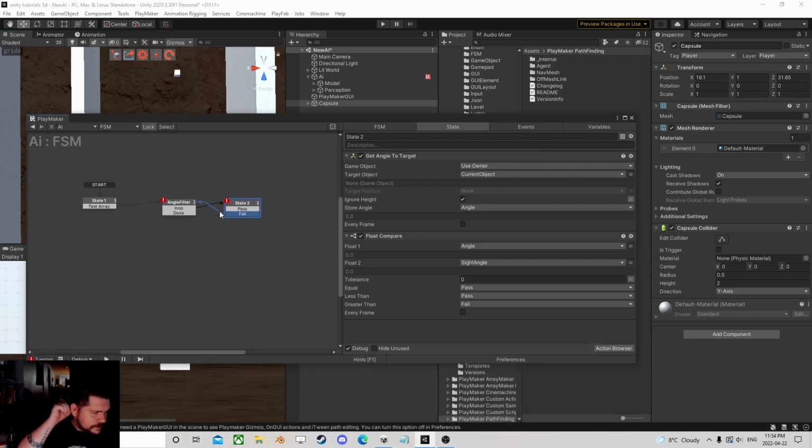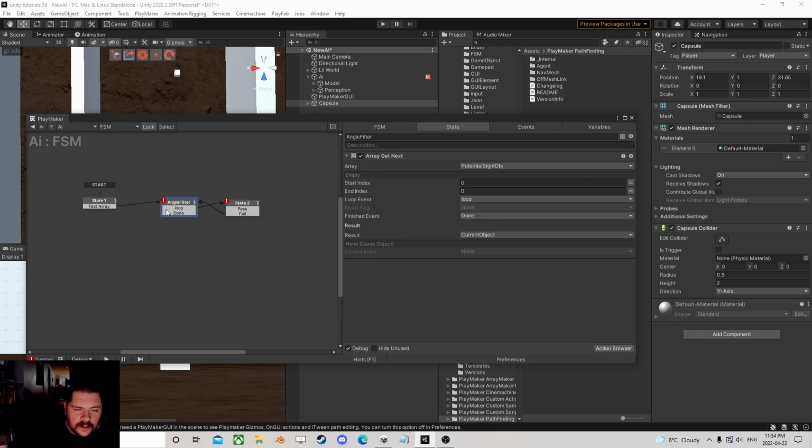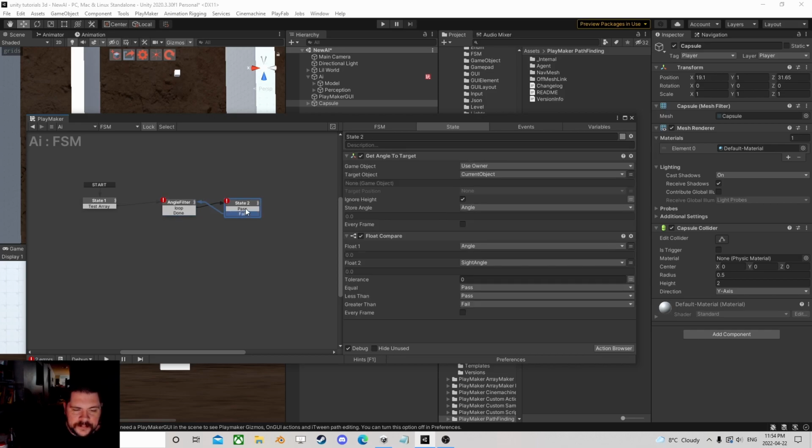So we overlap, collect everything. Okay, now we've got everything. Are they within the right angle? Because if they're not within the proper angle, then screw it. There's no point in testing anything else because we can't see them. All right, so we're looping through, and it's a fail, so we go back. But if it's a pass,